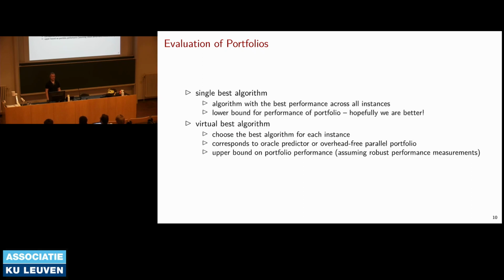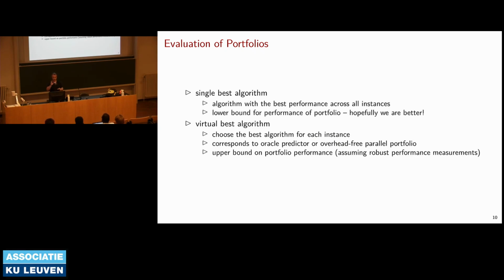We need some reference here, right? If we know that for the single best solver it was 150 seconds, oh okay, we're now quite a bit faster, so that looks good. If we then know that the virtual best solver is 99 seconds, so only very insignificantly faster, we know that we're really doing quite well in our algorithm selection here. So two useful points of reference that you will see often in the